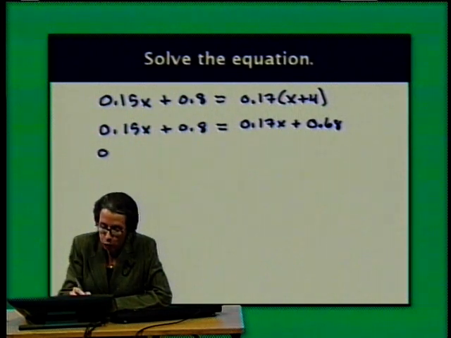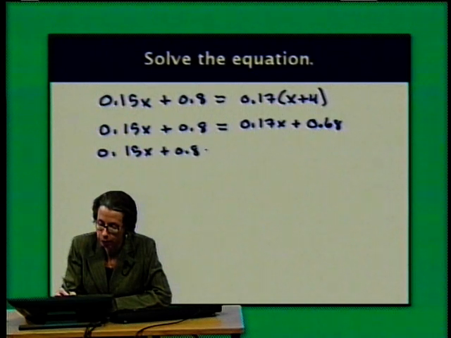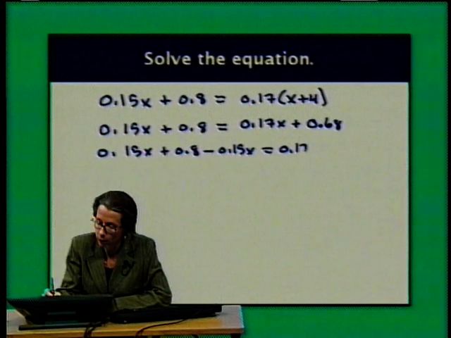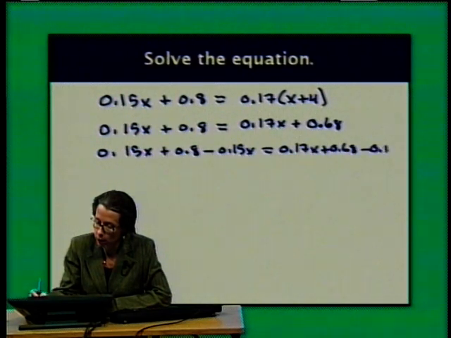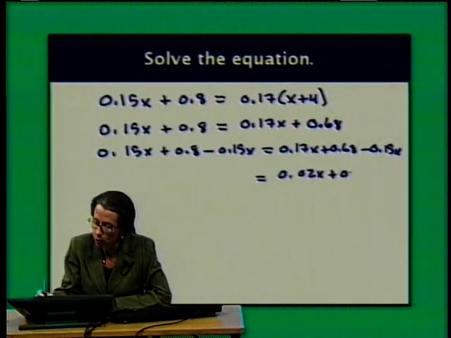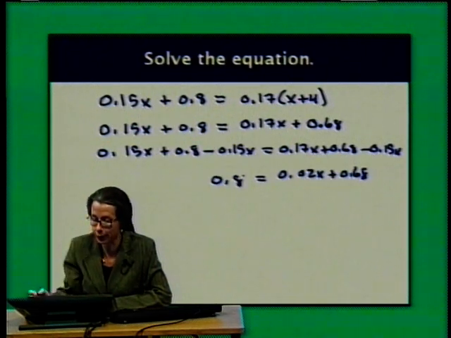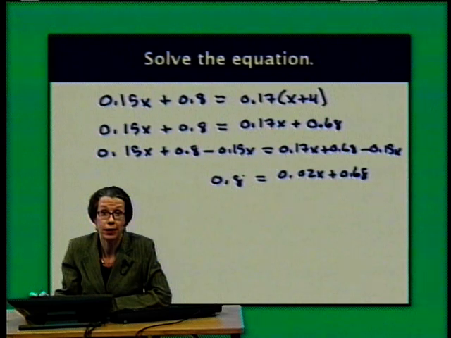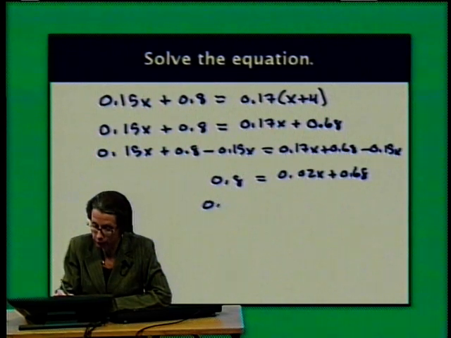So I'm going to subtract 0.15x from both sides of the equation. So on the right, I have 0.02x plus 0.68, and on the left I have just 0.8. Subtracting 0.68 from both sides,